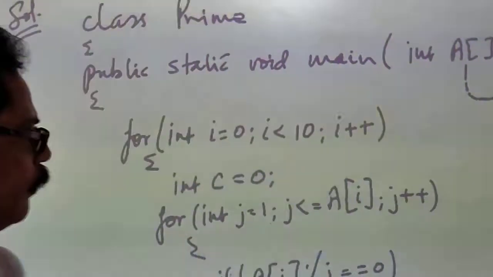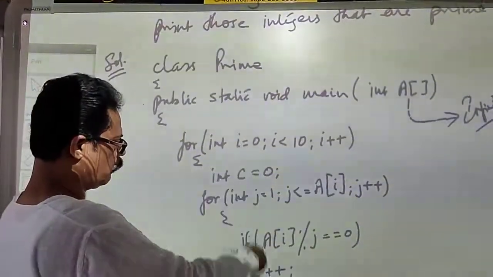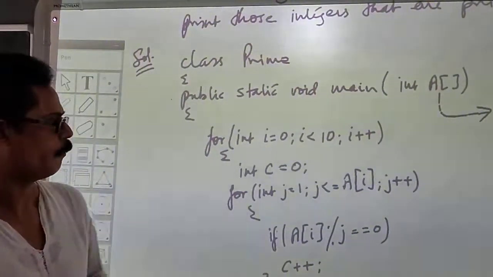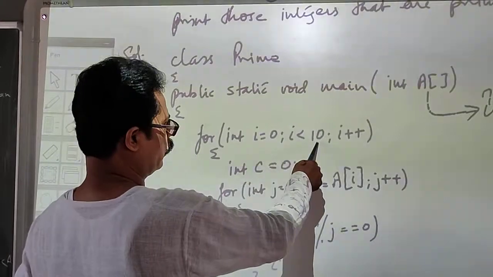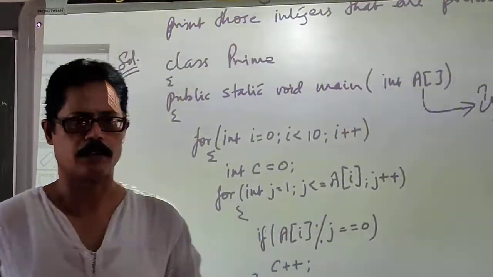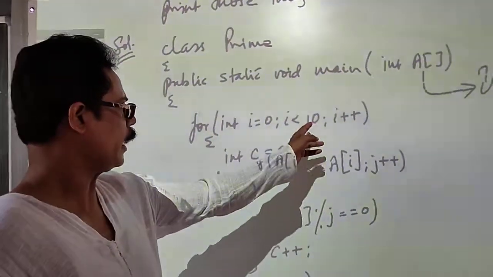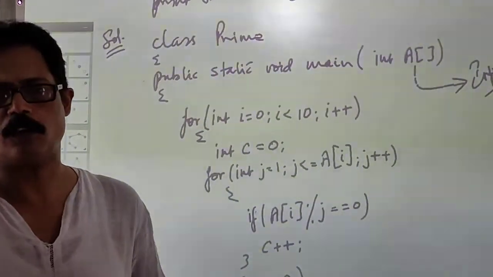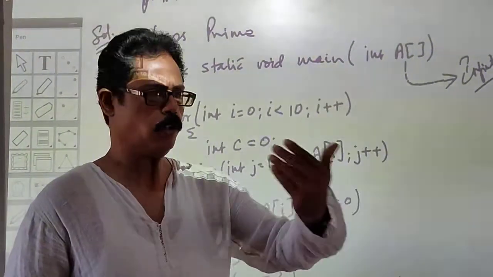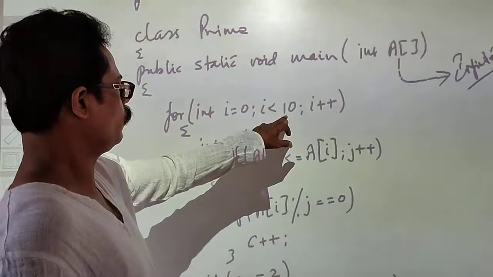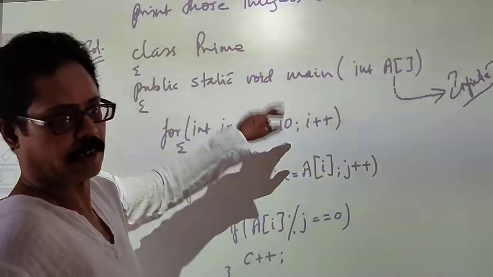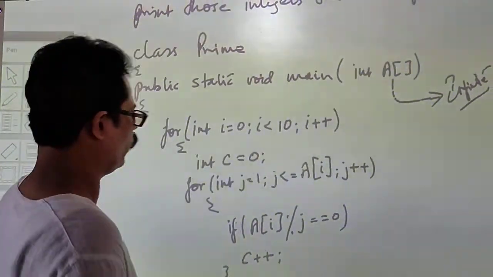So now what happens here, for int i equals 0, straight away we move into the prime part. That is, for int i equals 0, i less than 10. Here we will not write a dot length. If I write a dot length over here, it will become infinite, which means your loop will run an infinite number of times. So to avoid that, we have to be specific in this case. Ten integers, so I write i less than 10.